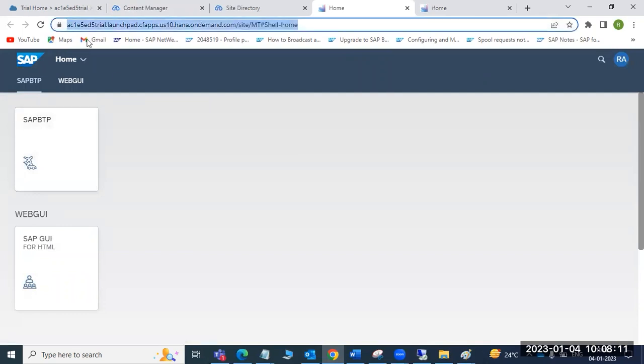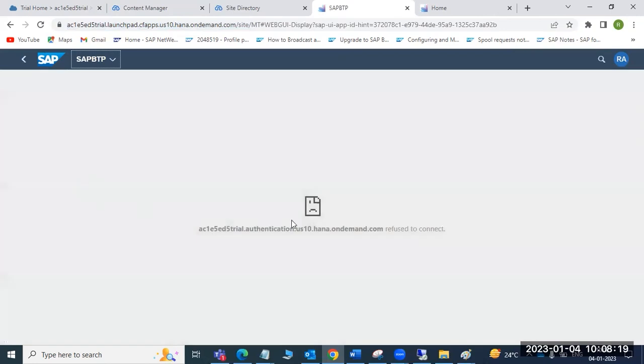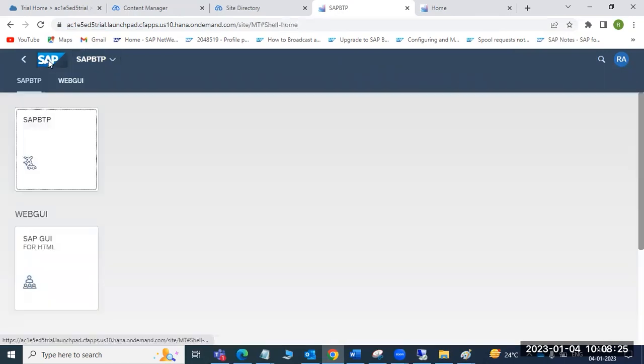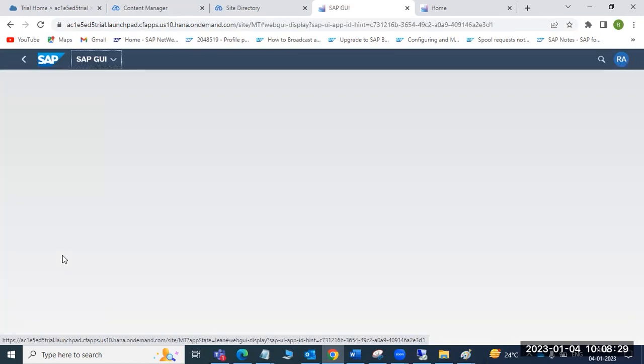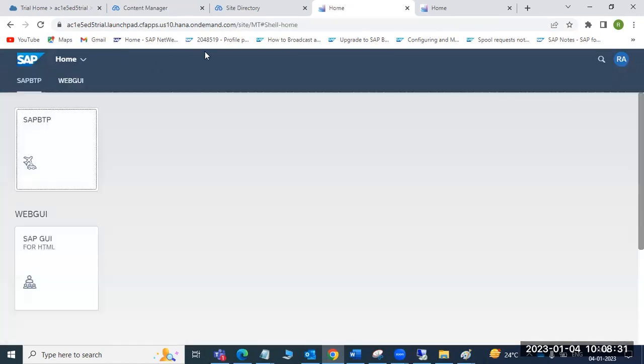You can directly give this URL to your users. They will open it, see the tabs, click on one, and be able to access the application. Actually it worked previously, and now I'm not sure what happened. It's not working.